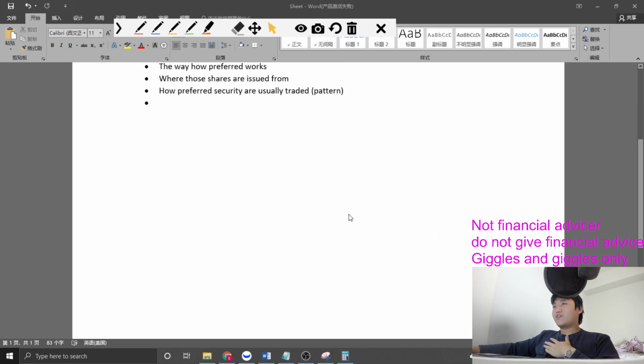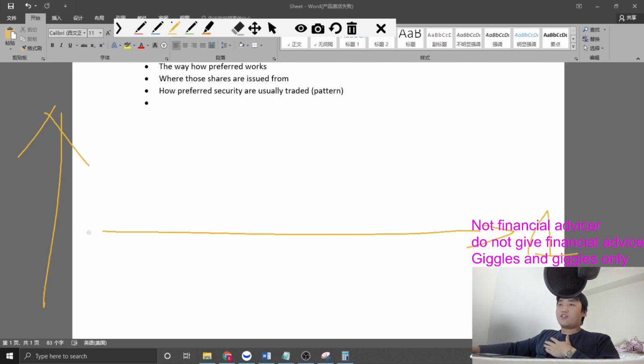Usually on the first day of trading, people are just getting their feet wet. Let's just say on the first day of trading, they trade it from like the $1 level. And usually we have data to support this, right? So on the first day, it's going to go flat a little bit like this, and then all of a sudden, like on the second day,